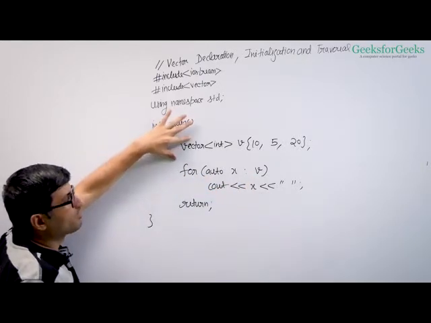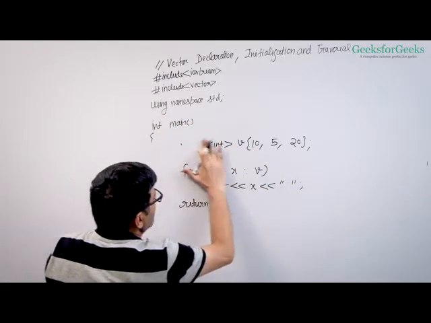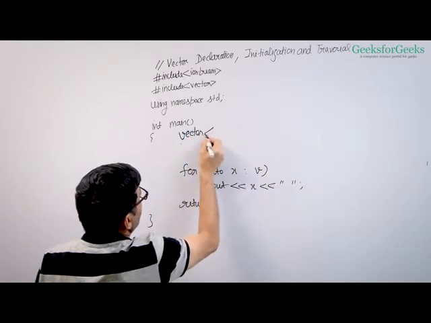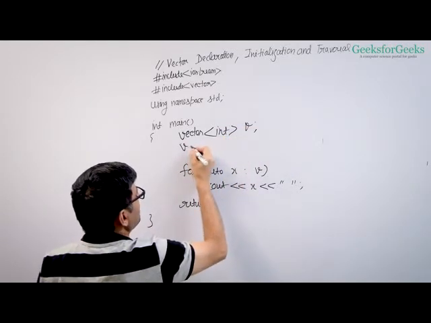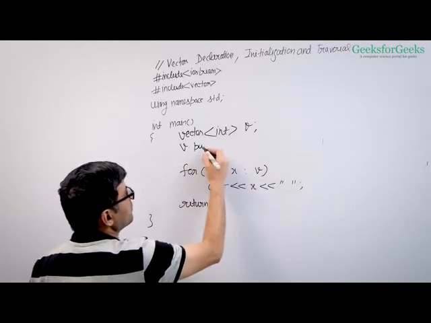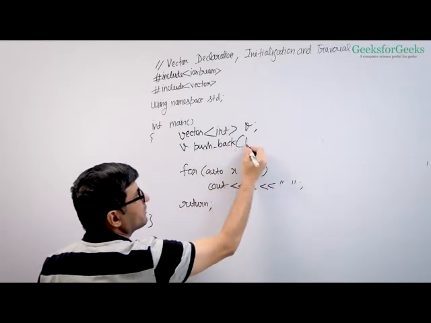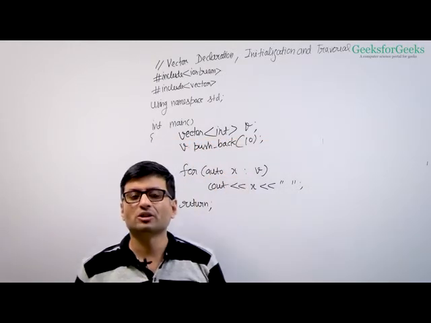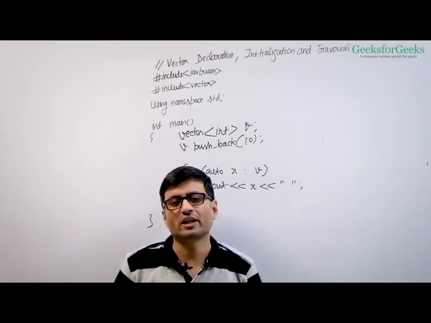If I do not know the size or the elements beforehand, then I'll prefer this way. This is what I prefer among all the ways to create a vector. I'll create an empty vector like this, and then I'll do v.push_back one by one, or maybe in a loop for all the inputs that I'm reading. So v followed by v.push_back, some elements 10, 15 or whatever, if I do not know the elements before. So this is how vectors are initialized and traversed.